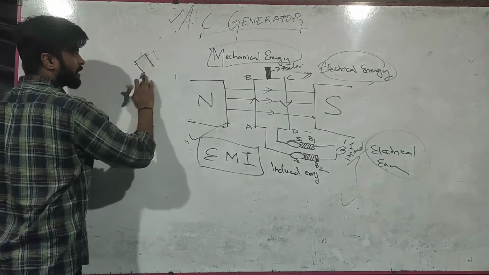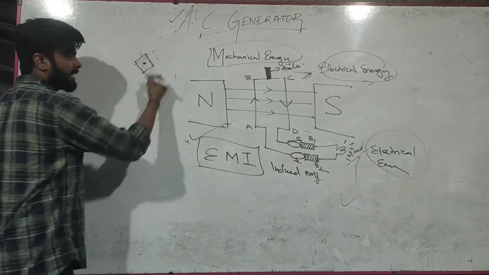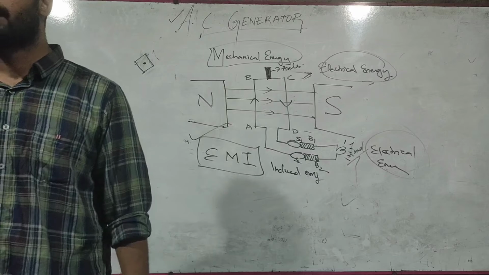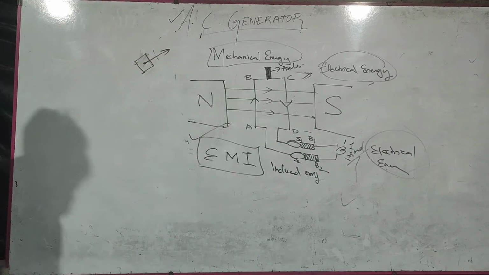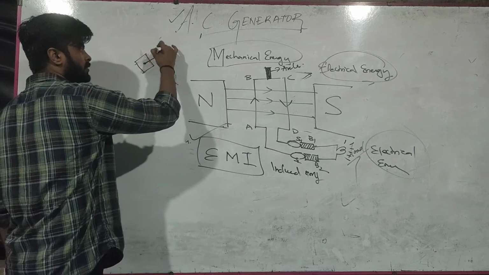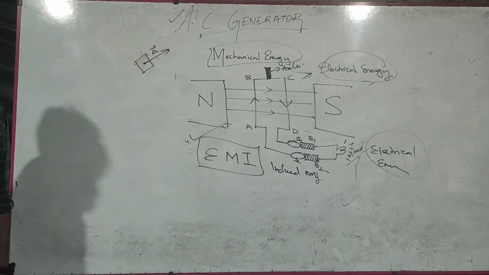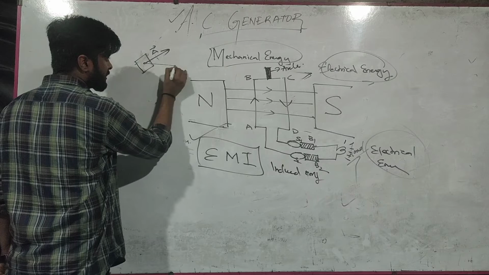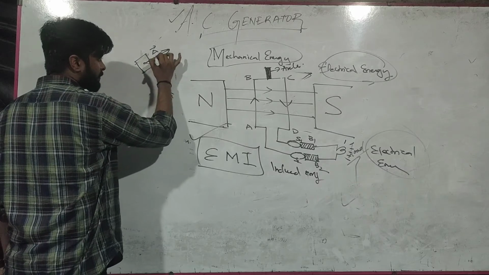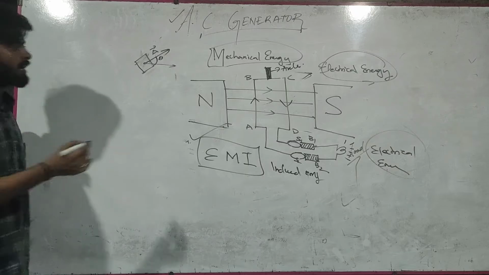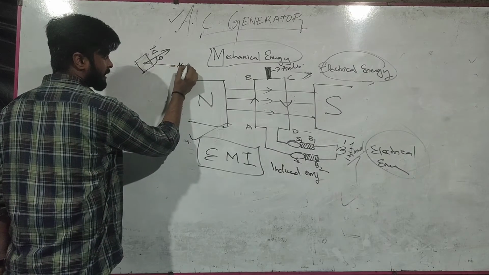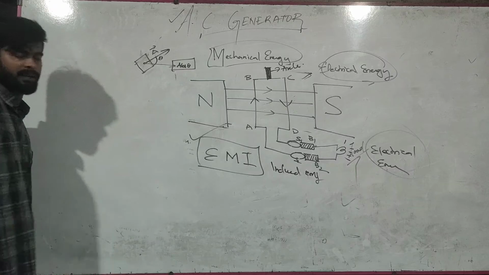So, if you have a coil like this, you know that area is a vector quantity, right? Area is a vector quantity, which will be normally outwards. So, this is your area vector. But the effective area that you get will be, since this A vector makes an angle theta, the A vector gets resolved and you get A cos theta as the component, and this will be your effective area.